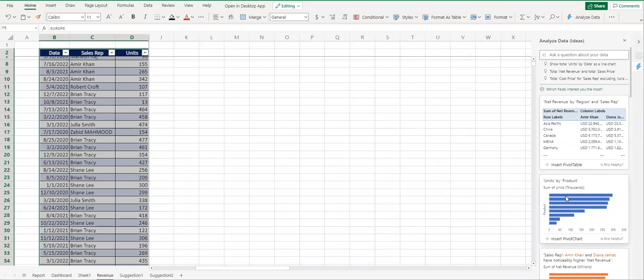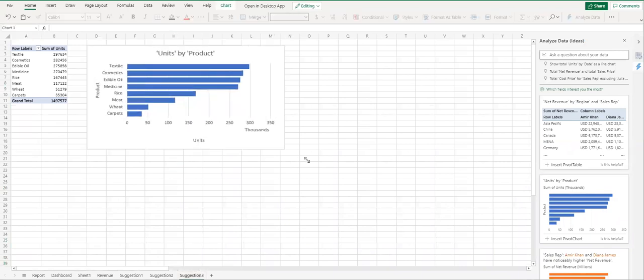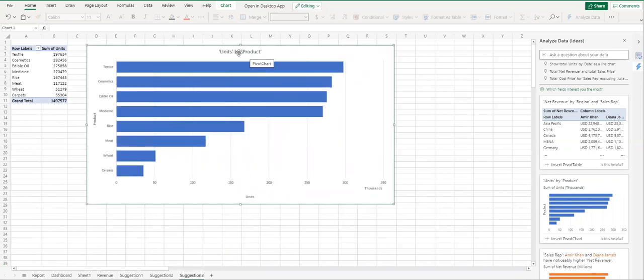When we go over here, that's units by product. Just click it, if you like it, just click it over here. It will open a new suggestion for you. Just take it over here, suggestion 3, and it will give you an idea that your whole data has been summarized in a very beautiful manner. You don't need to put the headings because it looks good. Units by products. If you want to keep it, you can change the heading whatever if you require it. Go here and then you can change your tables and everything.